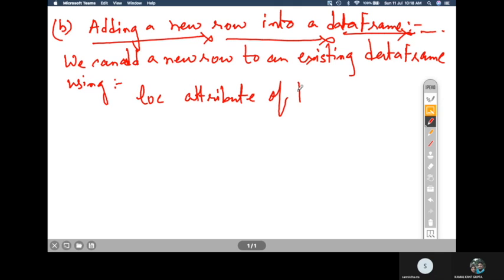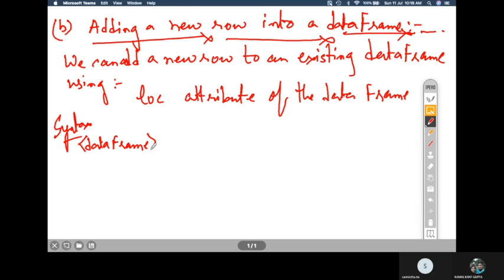Now how does this LOC attribute of the data frame look like? What is the syntax for using it? It's quite easy. Using LOC you can add a new row to the existing data frame. So how to do that? The syntax is data frame name dot LOC, that means location, and here you will write the index.